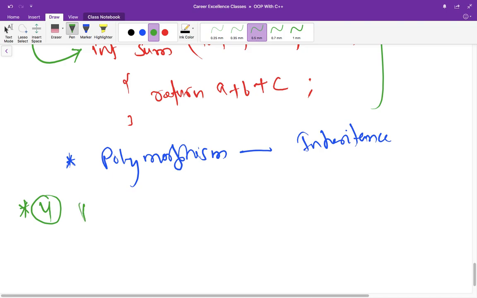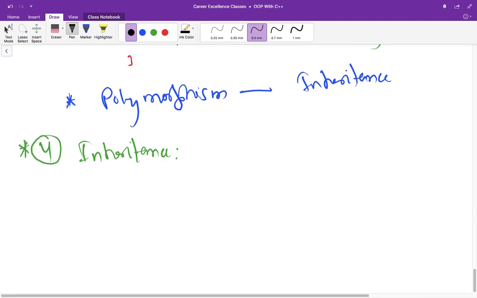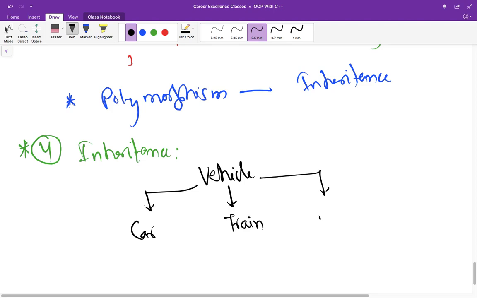So the fourth point is inheritance. It is the capability of a class to derive properties and characteristics from another class. For example, there is a class vehicle. Vehicle could be car, it could be train, it could be bus. This class at the top is called the parent class.